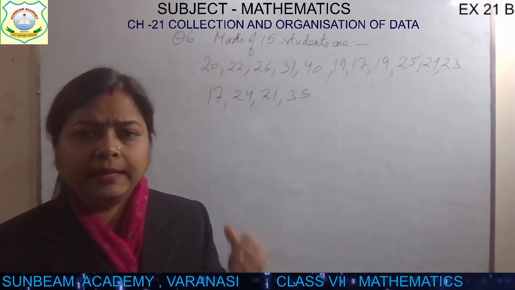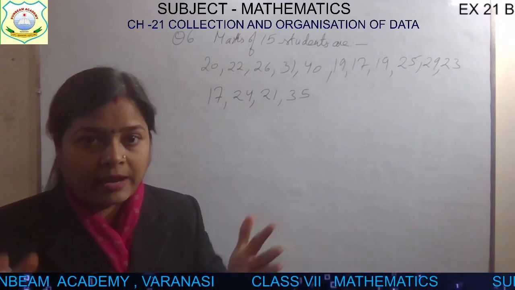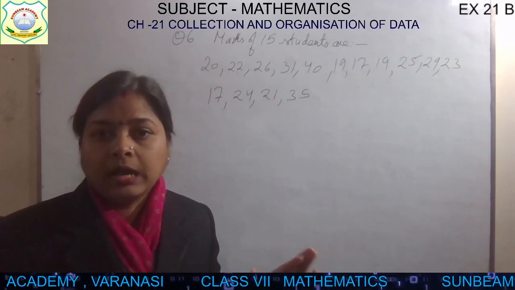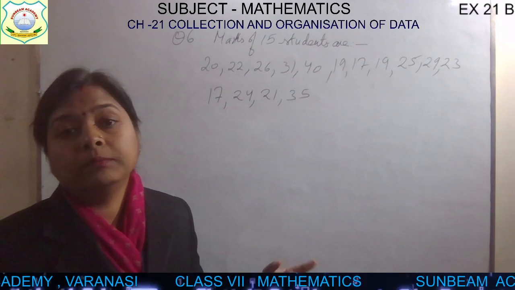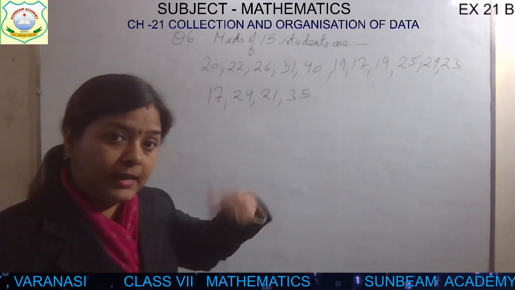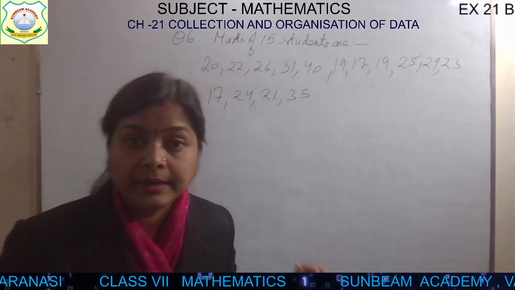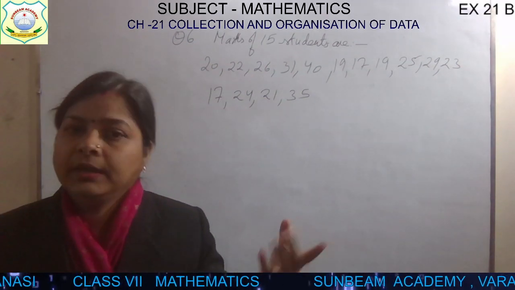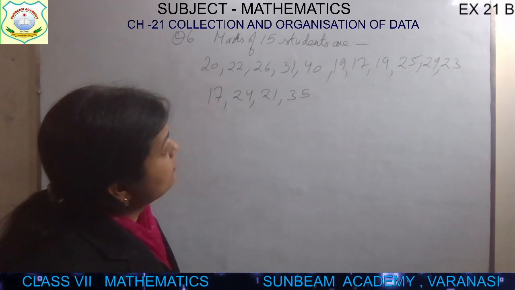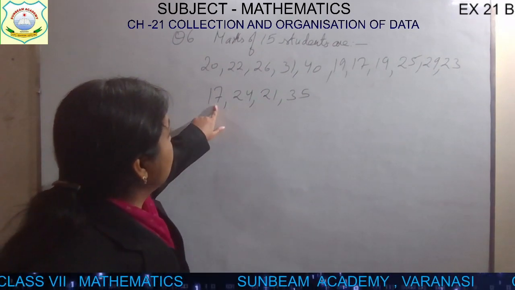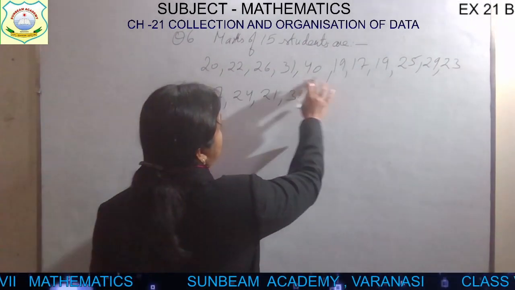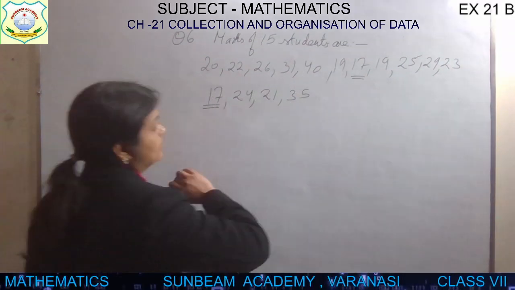You know it very well. What you have to do for finding mean, mode, median, everything in this chapter: write the given data in ascending order always. I know that in median it is not required, but if you write it, it will be helpful for you. And median में तो बहुत ज़रूरी है, and for the next part, that is mode, it is also compulsory to write it in ascending order. Then you will get the answer very quickly. So let's write down the smallest one, who got the lowest mark. Let me see, 17 out of 50, isn't it? So 17, and not less than 17, na children? Yes, 17 is the lowest one.